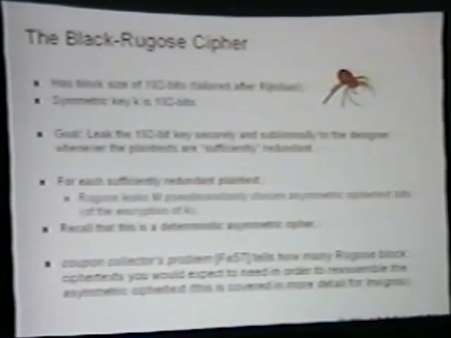So here's a quick overview of the Black-Rugose Cipher. The goal is to leak this 192-bit key to the malicious designer. It leaks M pseudo-randomly selected bits from the deterministic asymmetric ciphertext in each output. And again, this was the paper where we had made the observation of the coupon collector's